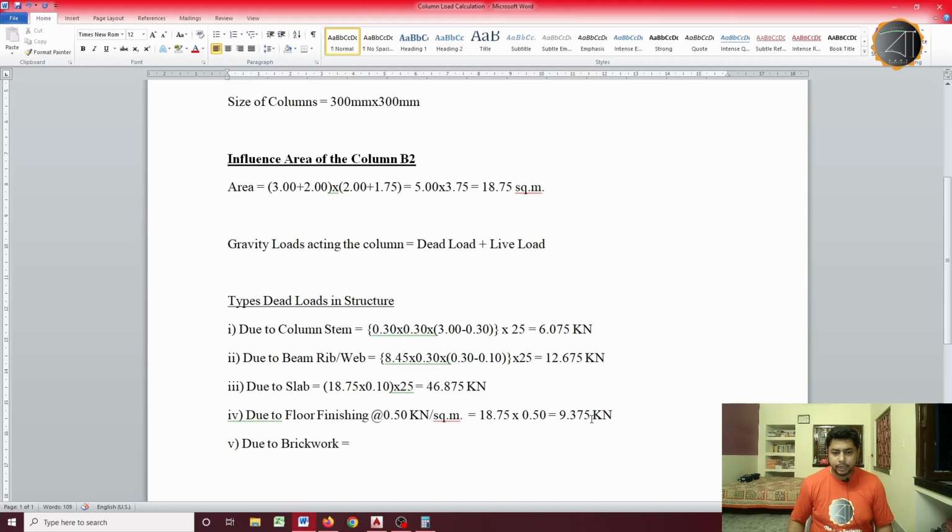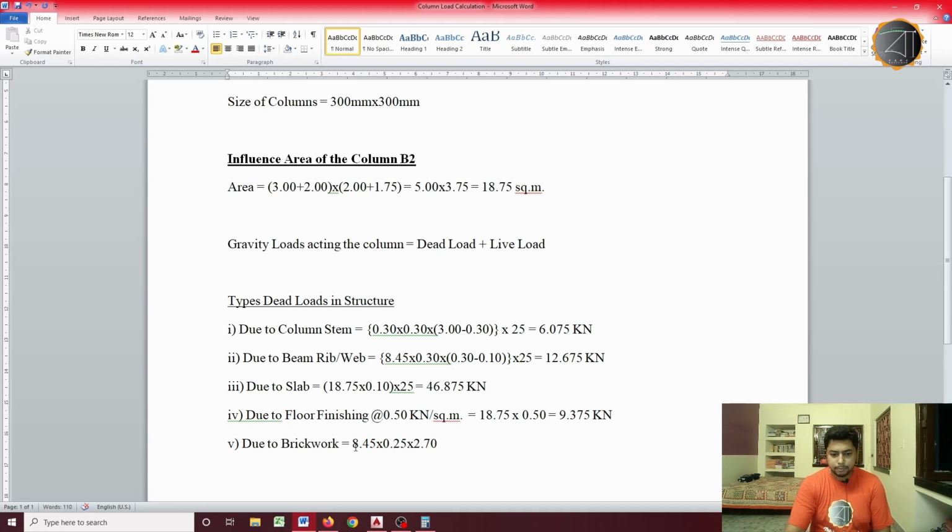So, it will be 8.45, thickness of the wall is 0.25, and height of the wall will be the height between the floor and the beam rib bottom, that is the same as that for the column stem height. So, it will be, as we already know, 3 meter minus 0.3, that is 2.7 meter,